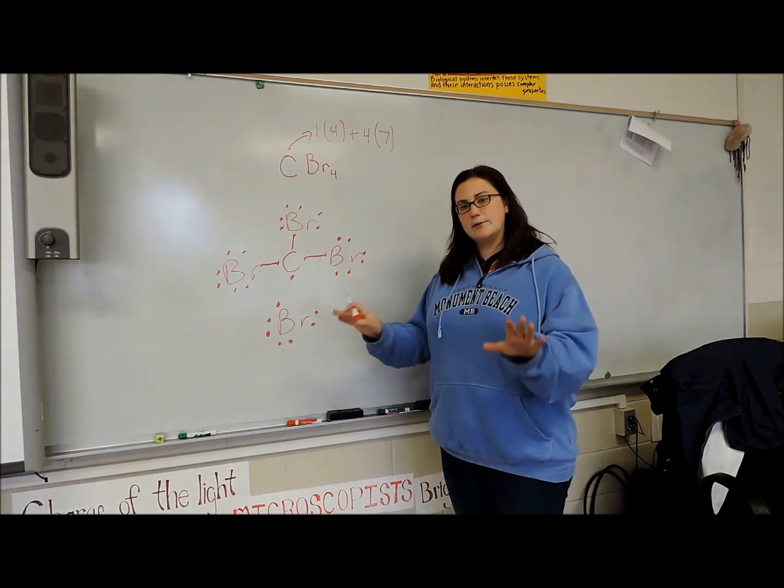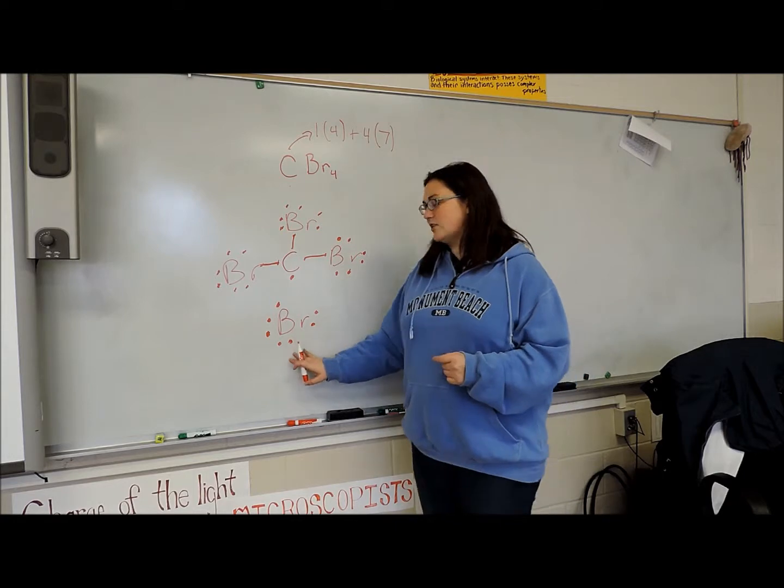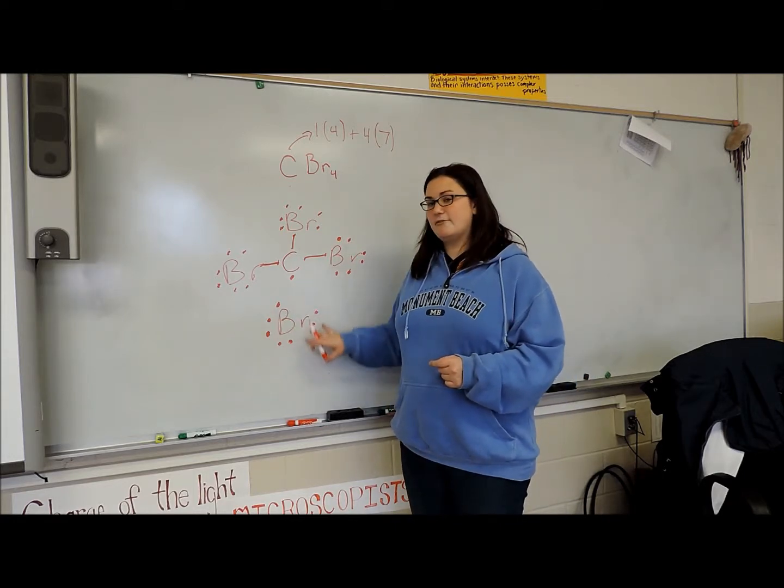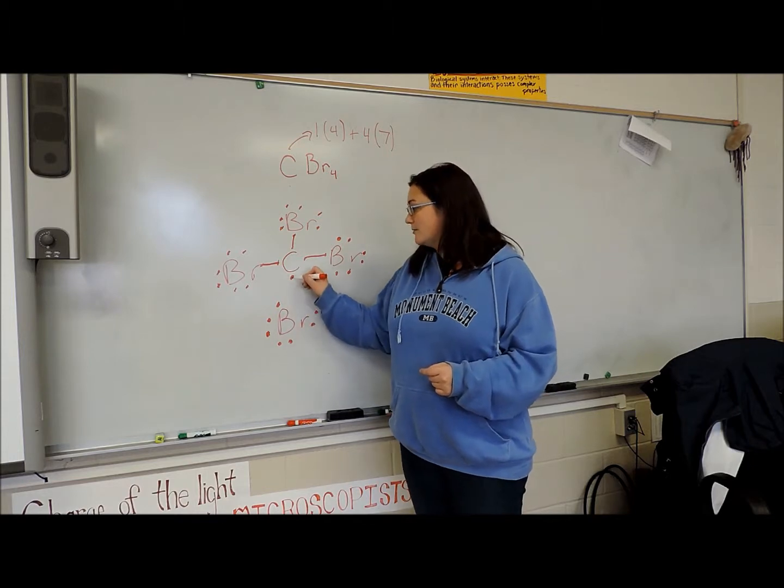It's stable, we're good, we can move on. Let's check out our last bromine. What we have here is 7 electrons. One of them is on its own. So what I'm going to do,